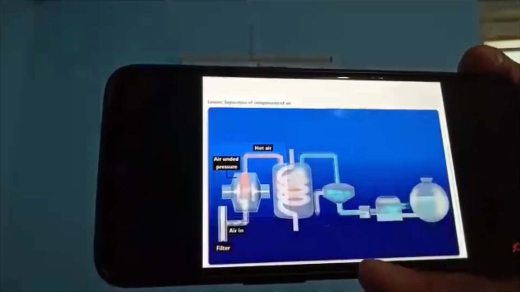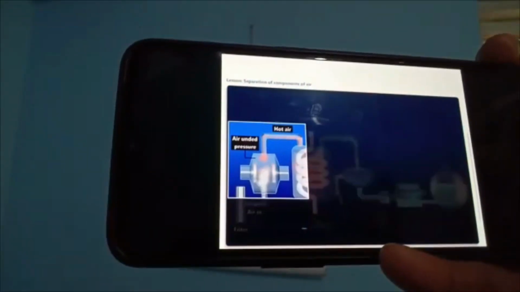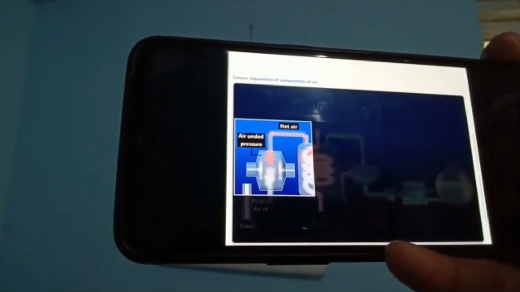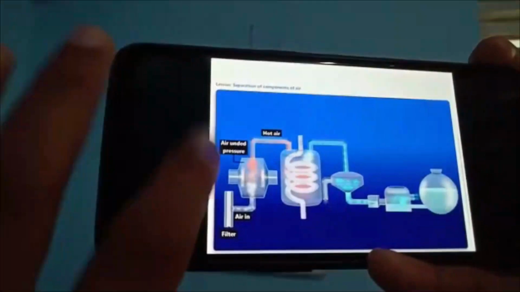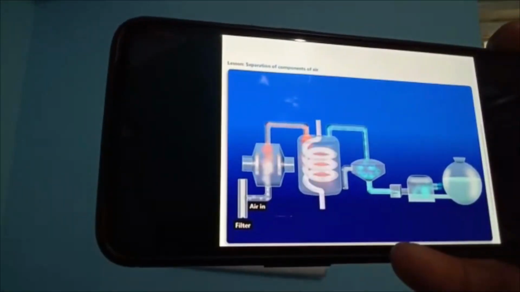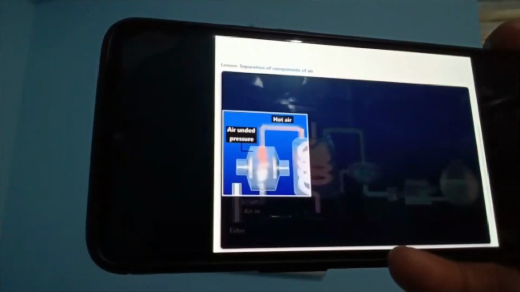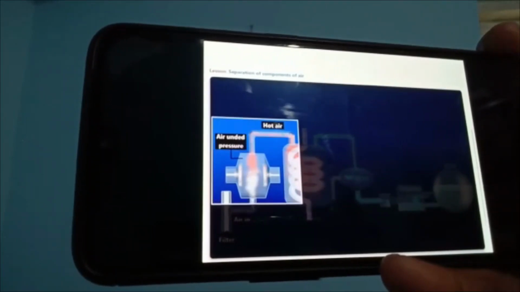Because of the piston chamber, the piston compresses the air and correspondingly the pressure of the air is increasing. It is going through that pipe. Now it is hot air. When the pressure is increasing, simultaneously the temperature also increases. Because of this high temperature, the pressurized gas is forming. Okay, so that gas is passing through.